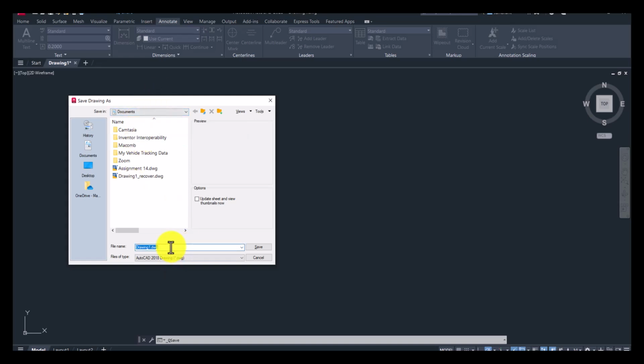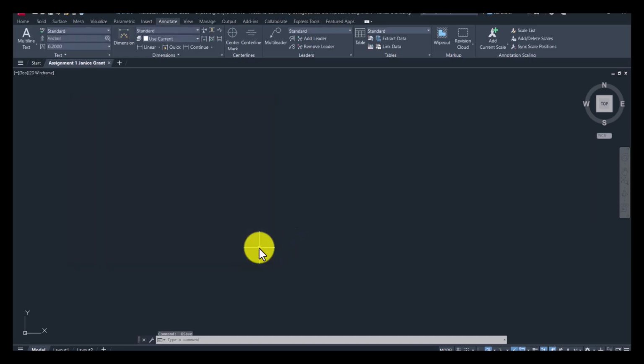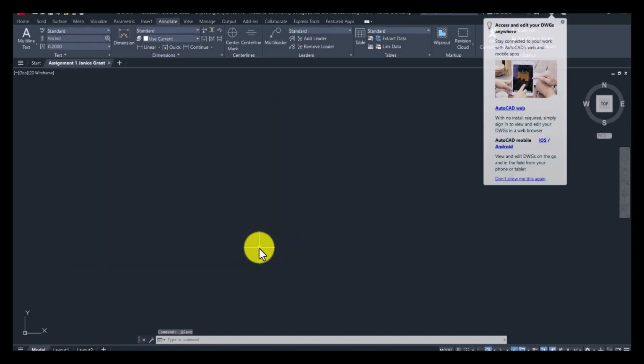Down here under File name, we're going to type in Assignment 1. And if you'd like, you can put your initials or your name after that so that it's easier for me to get to. It really doesn't matter, but there it is. I'm going to pick Save. Sometimes we'll put 3D model or whatever we're doing, like blocks, in there. Okay, so